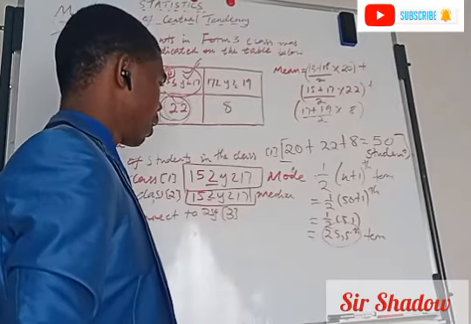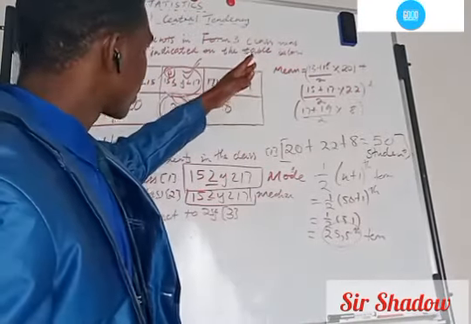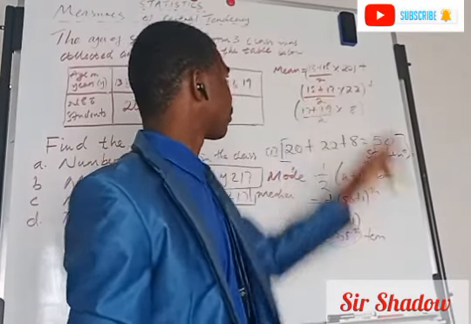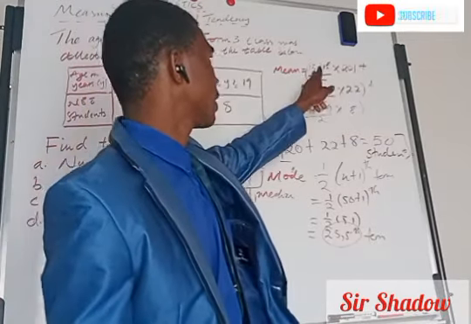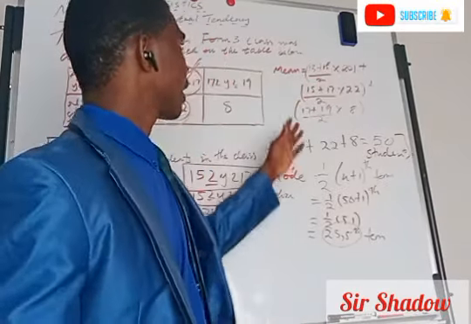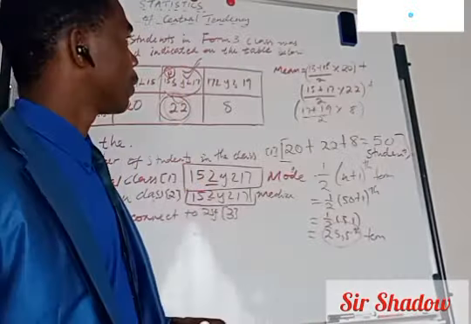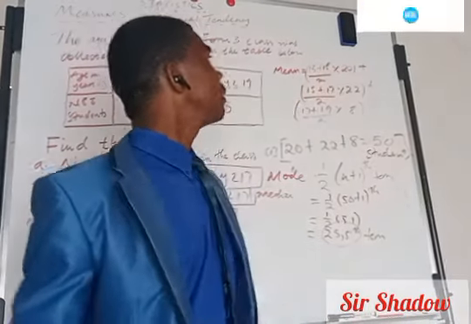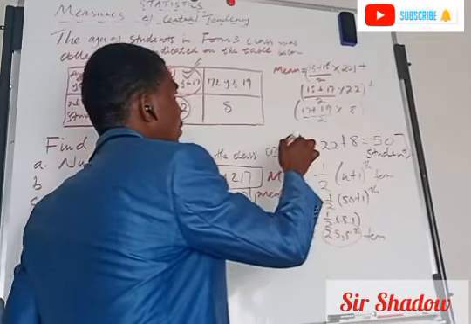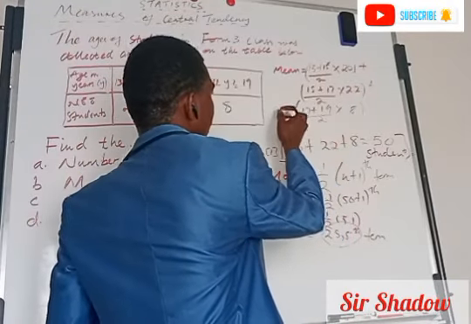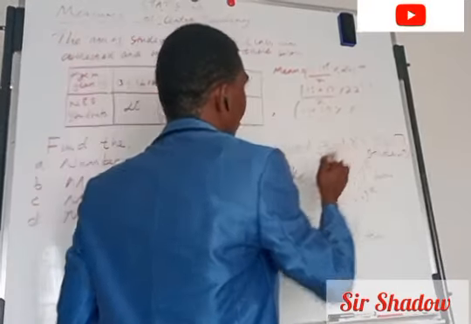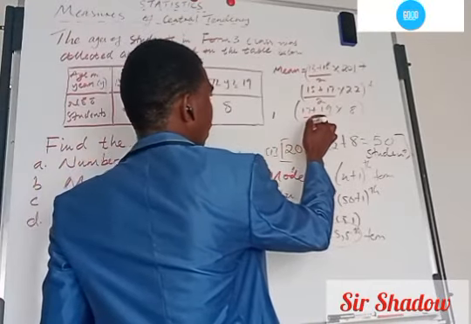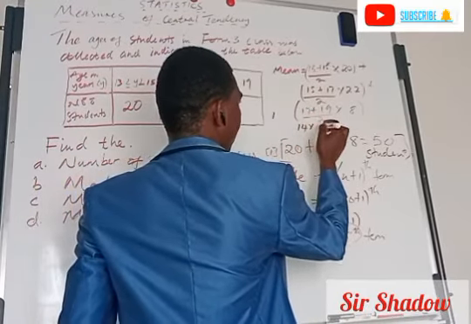Then let's now simplify. To make the calculation simple, since we're not using a calculator, we have to add 13 plus 15, which is 28. So we have 28 divided by 2, which is 14. We are saying 14 multiplied by 20